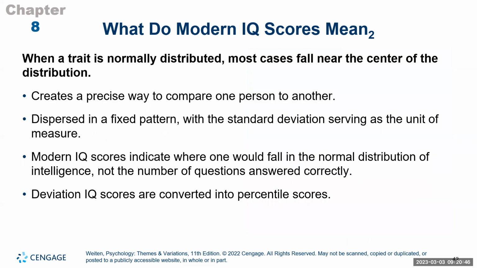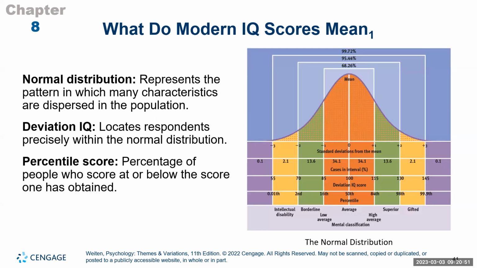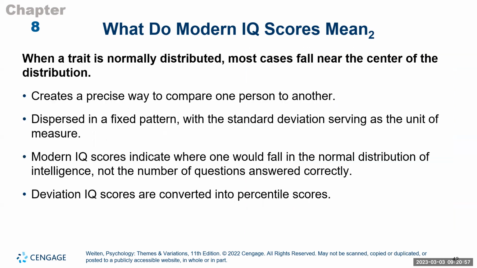But again, like I talked about, when you're looking at that distribution, we go back, right? You're able to compare yourself. And that's one of the major reasons why we use what we call a normal distribution. For those of you that have to take statistics, many of you may, we will cover that in stats, okay? I teach statistics too. So when you're taking stats, we will talk about the normal distribution. We'll also talk about IQ scores and how we use IQ scores to measure intelligence, okay?